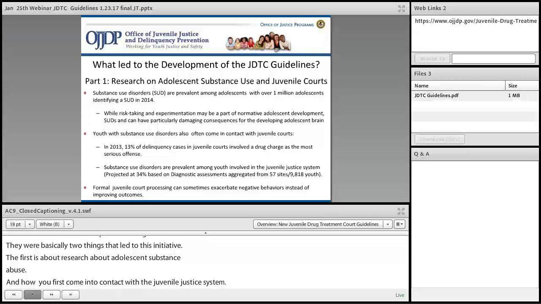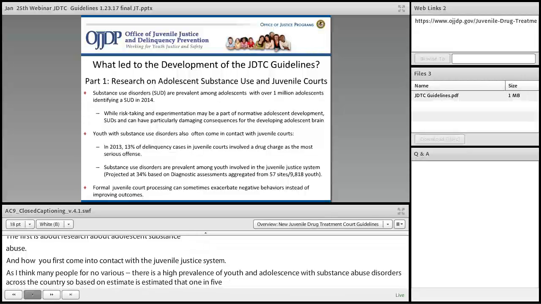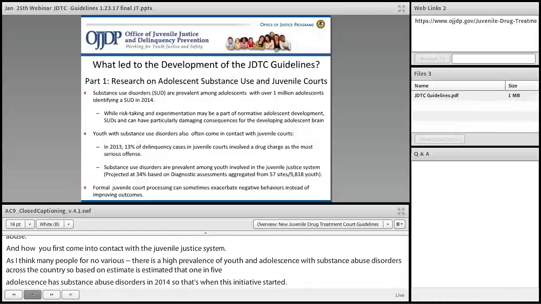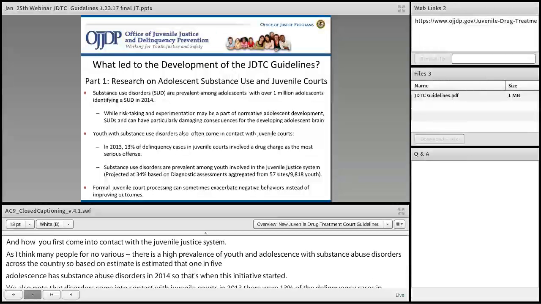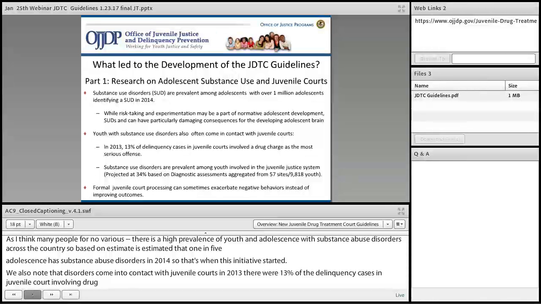And then we also know that youth with substance use disorders often come into contact with juvenile courts. In 2013, 13% of the delinquency cases in juvenile courts involved a drug charge as the most serious offense. But substance use disorders are also prevalent among youth involved in the juvenile justice system, even if it's not the most serious offense. It is still something that our office recognizes as prevalent and a need to respond to. Our office has also recognized the,